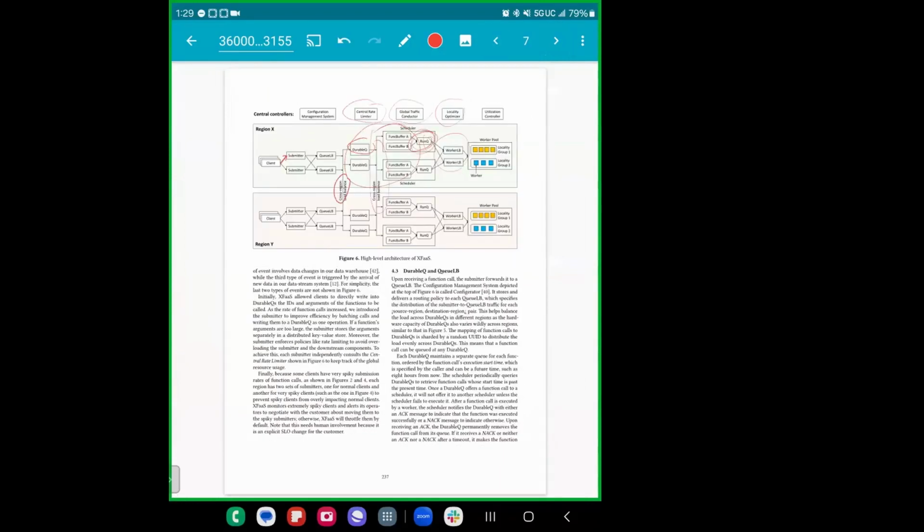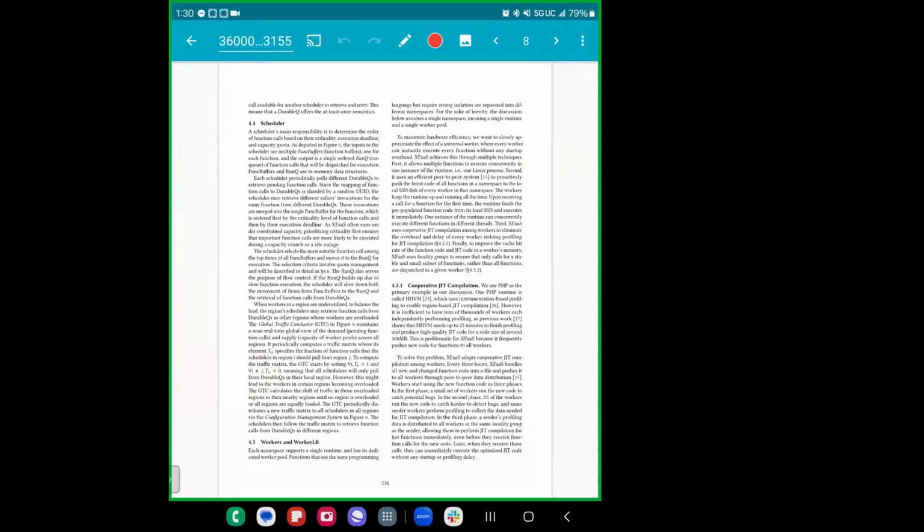Yeah, so they talk about each component in more detail. There are a few other interesting things. They try to avoid the